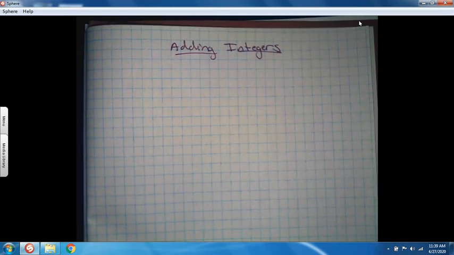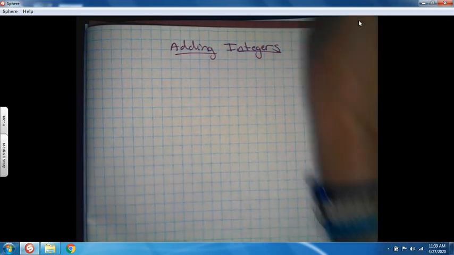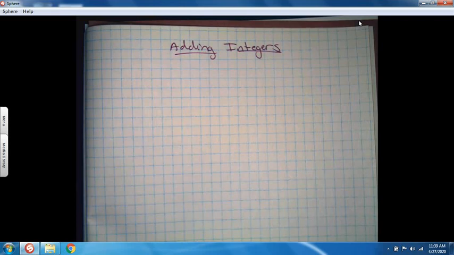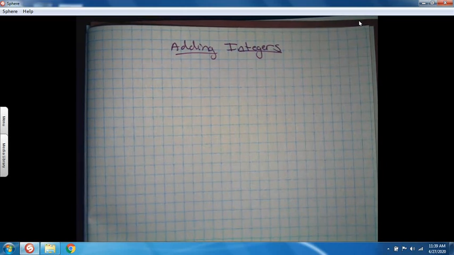So adding integers. I'm going to do a quick video since we've done this already, but any bit of extra helps for sure. Adding integers, very easy. The rules you have to remember. 7th grade teachers want you to remember this. So if you have same signs,